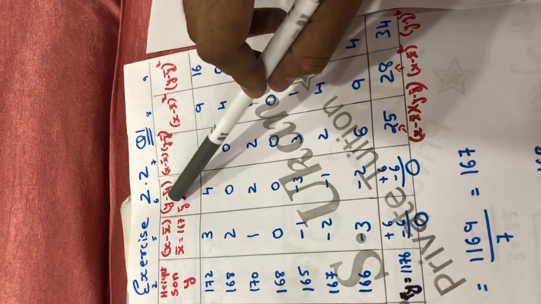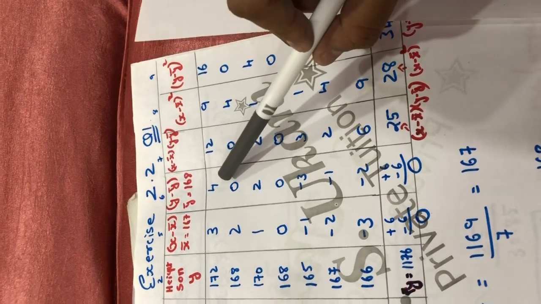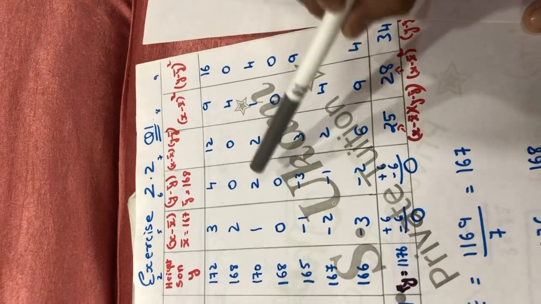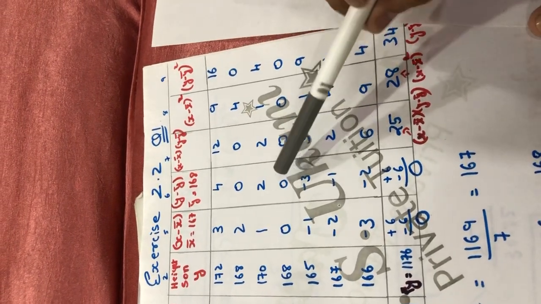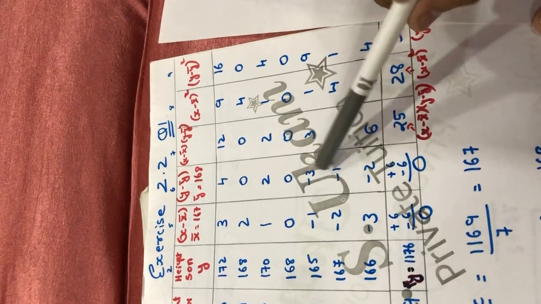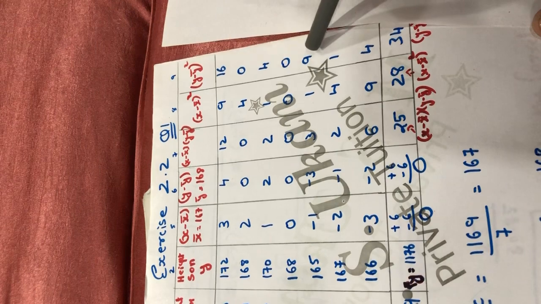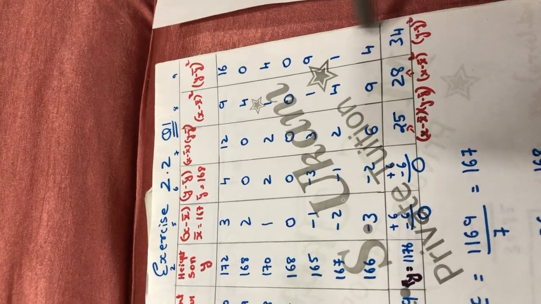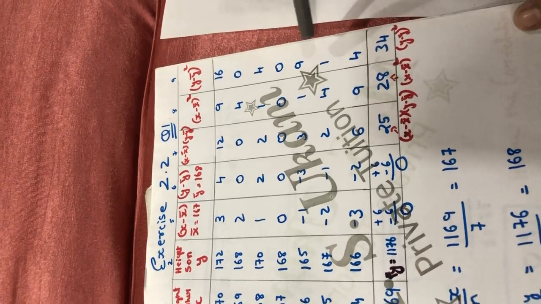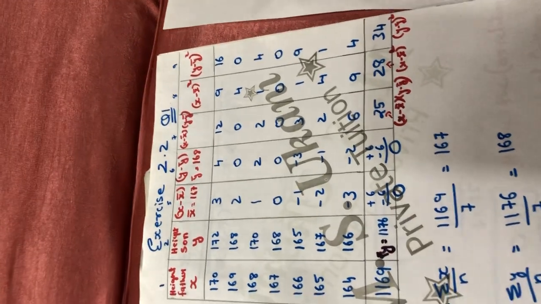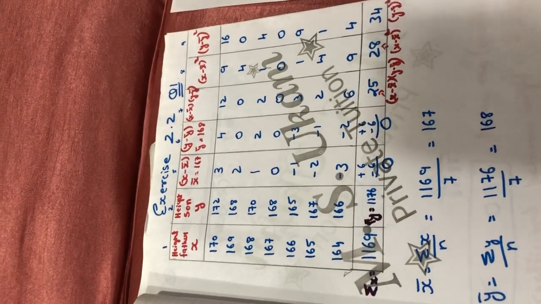See, this is our y minus y bar. So we have to do the square of this column. 4 square will be 16, 0 square will be 0, 2 square will be 4, again 0 square will be 0, minus 3 square will be 9. A negative square will always convert into positive. So in this way, we have calculated the last column and added it. So now we have calculated all the columns related to the formula. So let us put in the formula and do the sum.